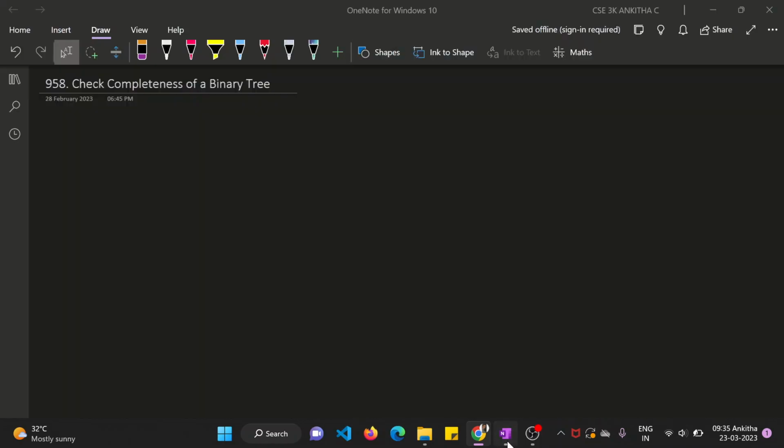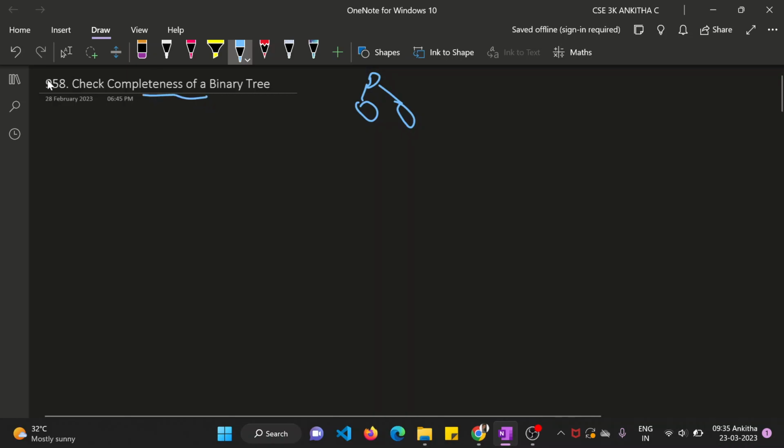So let's first understand what's a binary tree and a complete binary tree. Binary tree means a tree having two nodes, right? So if this is a root node, it should have two children. So that's a binary tree. Now what do I mean by complete binary tree? That means if you have a tree like this,